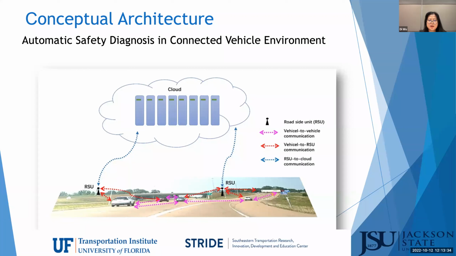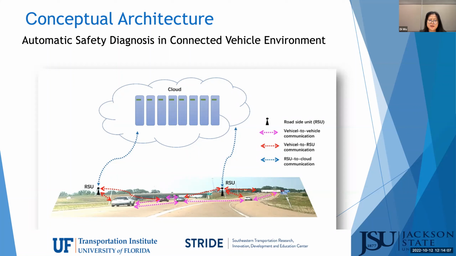You may have a question here. Why do we put the DAD in the cloud instead of in the vehicle computer? The answer is energy saving. The technique of offloading applications from the vehicles to the cloud can significantly save energy for electric vehicles. And this is in line with the future of the intelligent transportation system, the ITS.